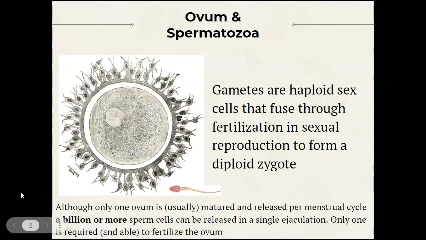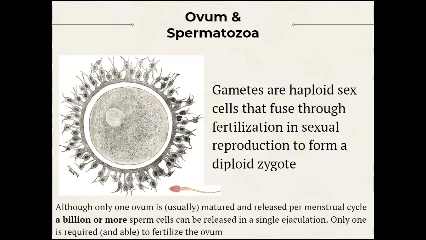So to begin, let's talk about ovum and spermatozoa. These are the actual cells that are involved in reproduction, right? The egg cell, the sperm cell. Gametes, that's what we call sex cells, are haploid. That means that they have one set of chromosomes. When they fuse together, the egg and the sperm, that's called fertilization, and they form